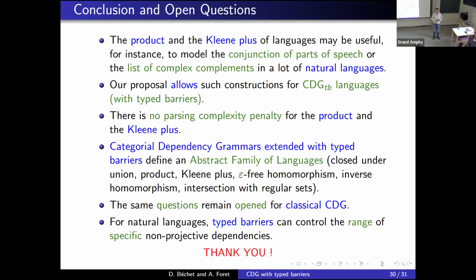Questions? I have one very quick one. These barriers, I can see where they should go in your example, but when you're designing a grammar, does it feel natural to know where the barriers should go? You can choose the way for the problem of inputs and predictive. There is an algorithm that can tell you where you have to put barriers. Of course, for natural languages, it's more complex. Yes, that was my question.